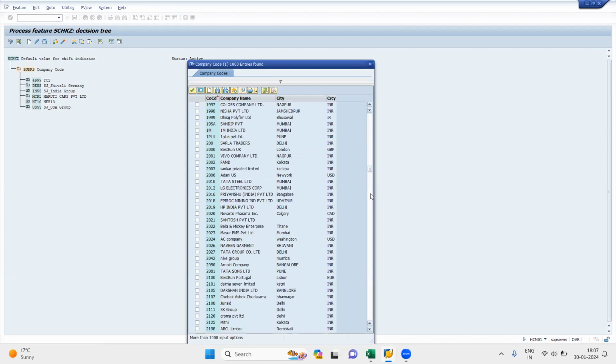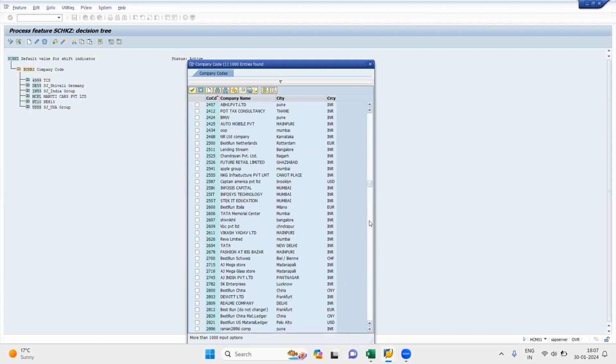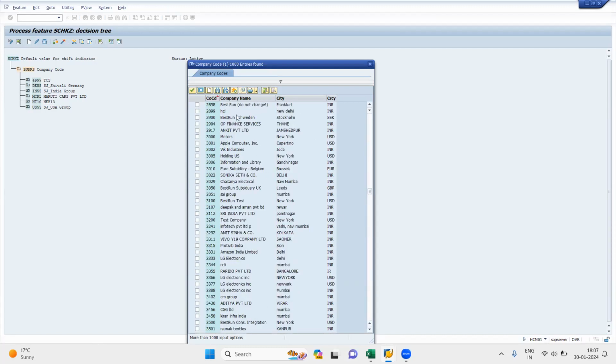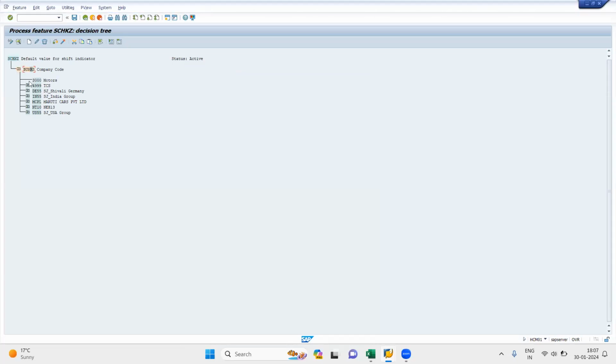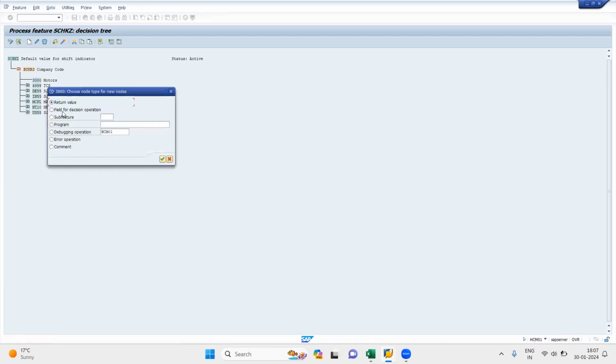You can maintain this setting for whatever company code you want to do. I will select as per my employee. So the company code I will be selecting as 3000. I will click on this check icon. The company code value will come. Under this, I want to make another decision. So I will click on the create node, and the field for decision operation is